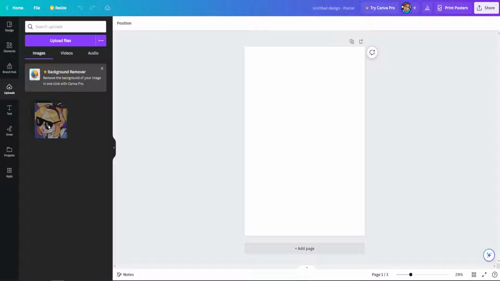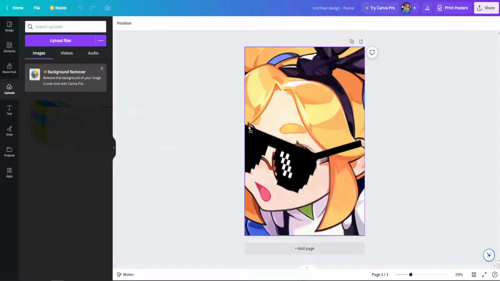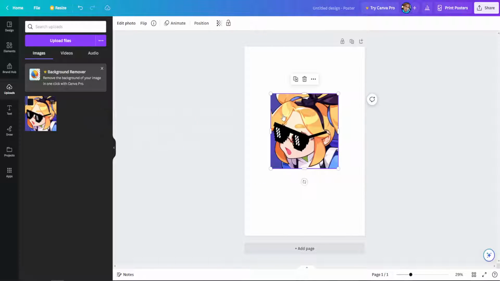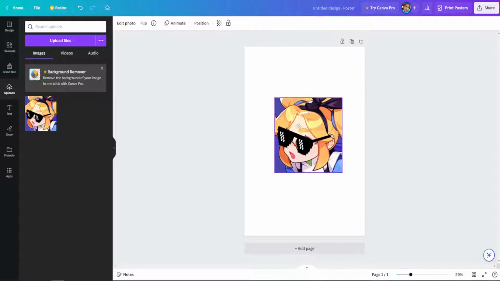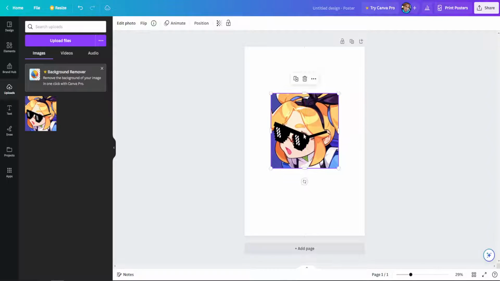Now it is added, and if we want to add it to the poster itself, we just drag and drop it here. And that is how you upload your own image